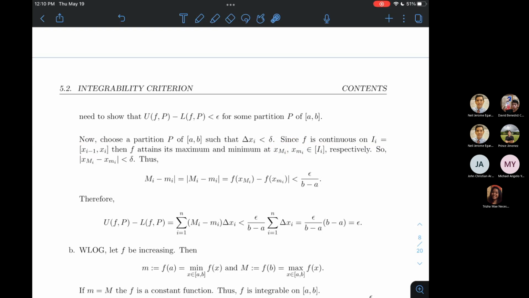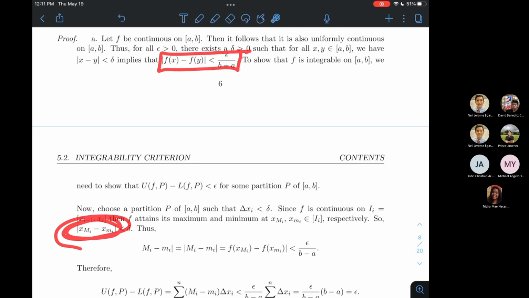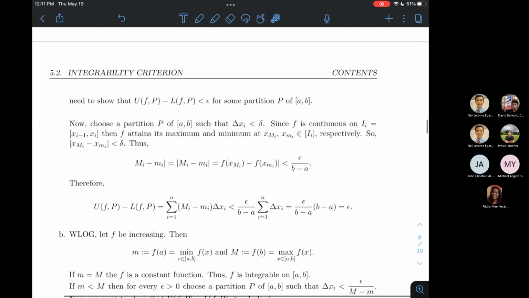Okay? So what do we have now? Well, remember, sinabi natin na yung haba ng bawat subinterval ay hindi lalampas ng delta. Pero ngayon, si x sub capital M sub i at saka si x sub little m sub i ay nasa interval i na ang haba ay hindi lalampas ng delta. So totoo ito. So magkikick in itong inequality na to para sa function values ng dalawang x's na ito. So in particular,